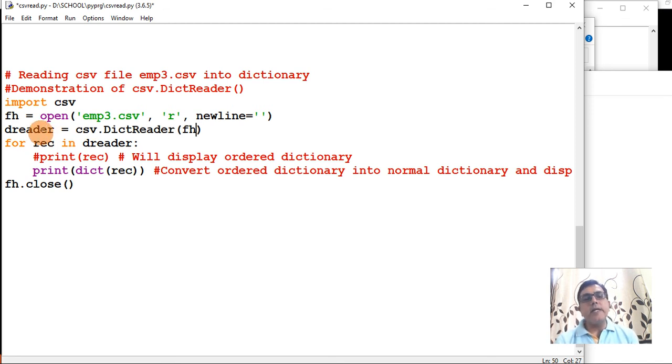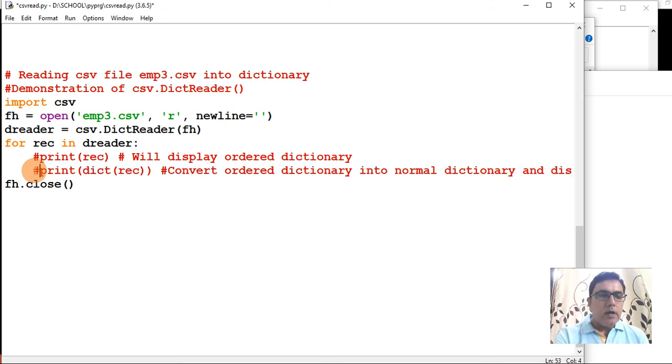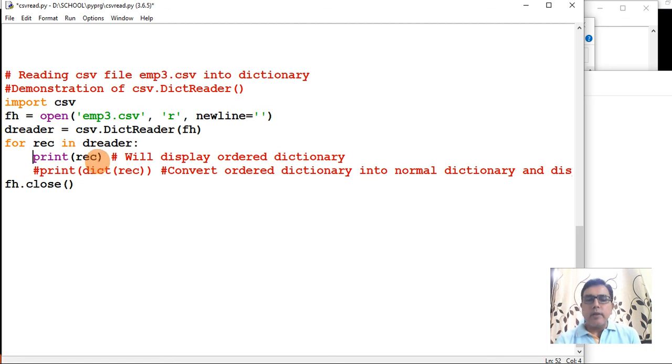Now what will be the data type of this dreader? The data type of this dreader will be an ordered dictionary. If you print this dreader, it will again be an iterable object, but every record will be an ordered dictionary.